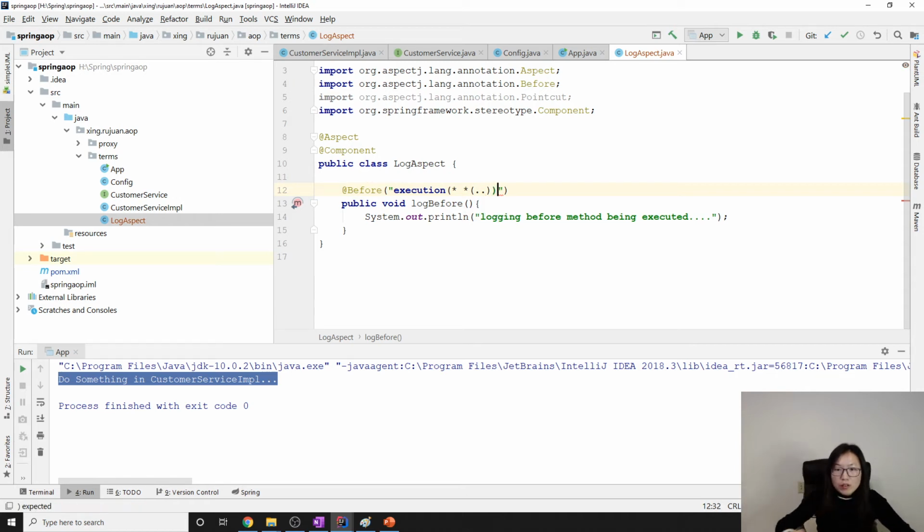Yes, we have one more. This is one pointcut, which means before invoking any methods, any return type, any method name, and the method with any argument, okay, you